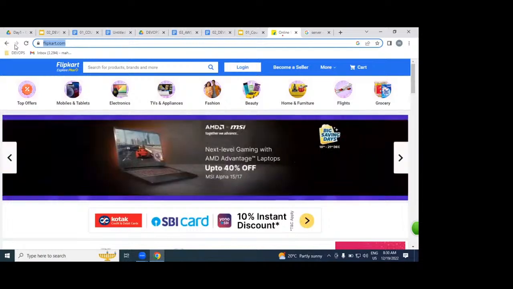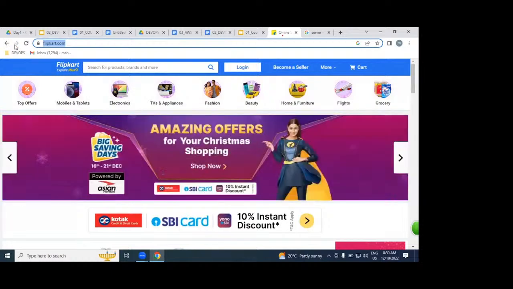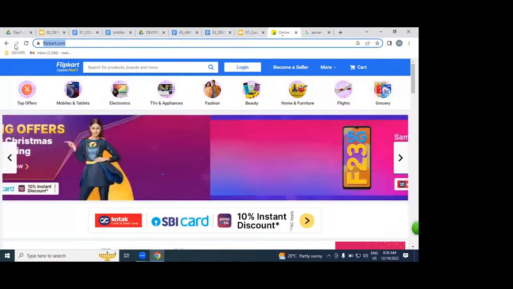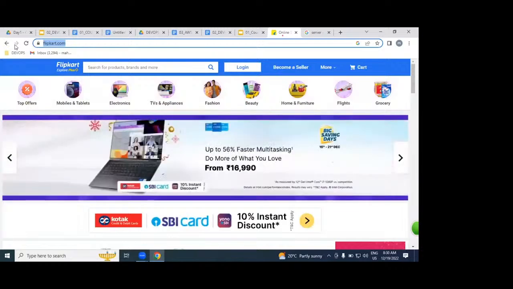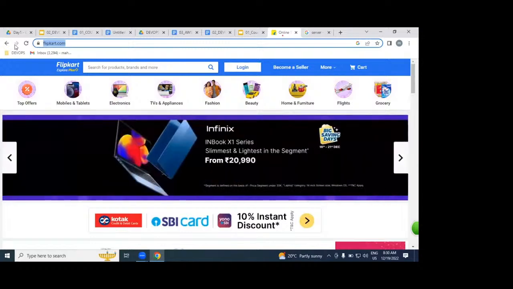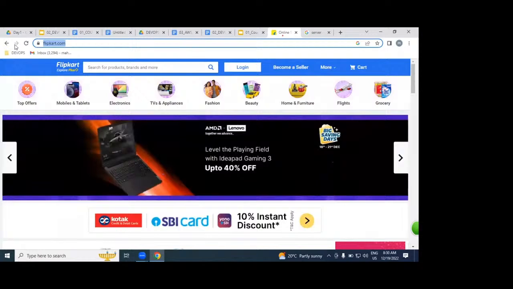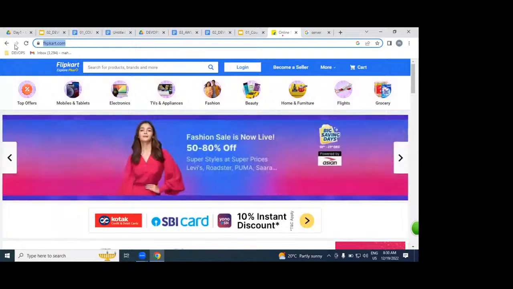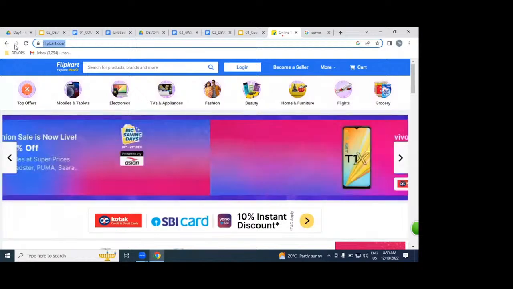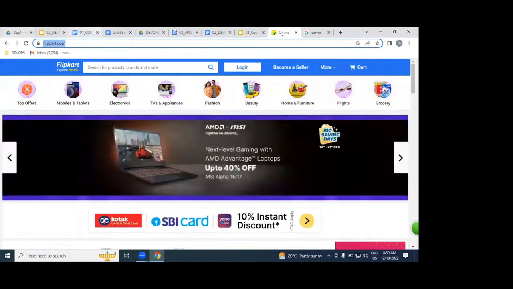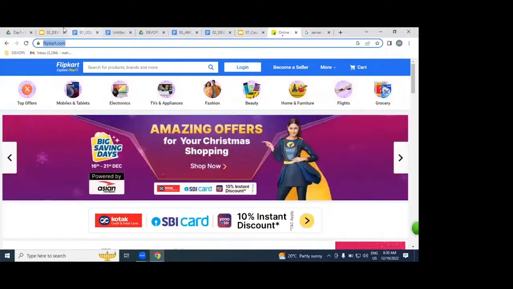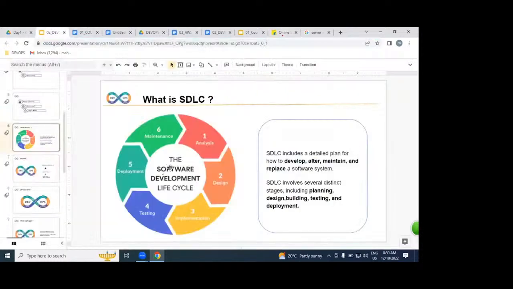No. The same way we can't build our websites also. If you want to construct a house, we need to follow so many stages, and it will take 6 months, sometimes 1 year also. Then only we can complete our apartment or home, whatever. The same way our website also. If you want to build this Flipkart kind of application, we need to follow all these stages. What is the first stage, guys, please?